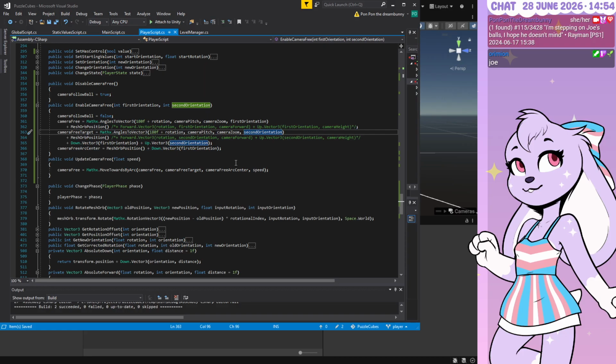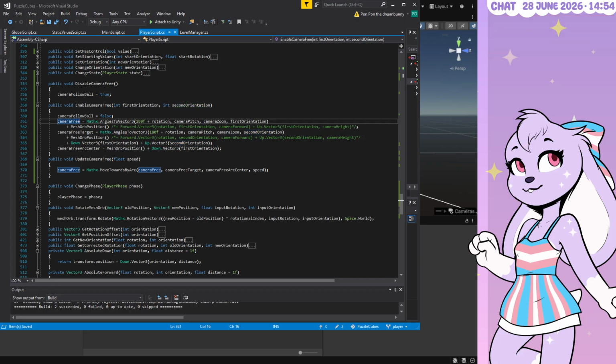Yeah. So the starting position is this. I'm going to go through this by speaking because it helps me find what's there. And the starting position is correct. So it runs this function, takes the rotation of the ball, the pitch and zoom of the camera, and the first orientation, which at the start is